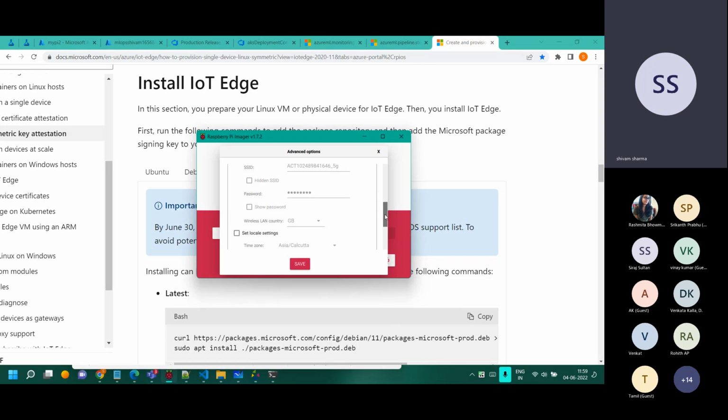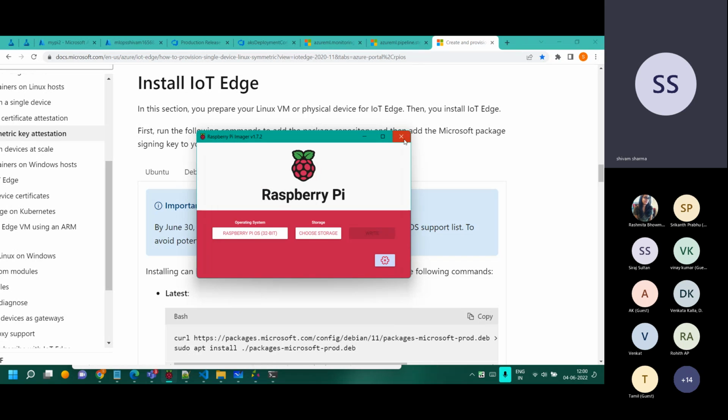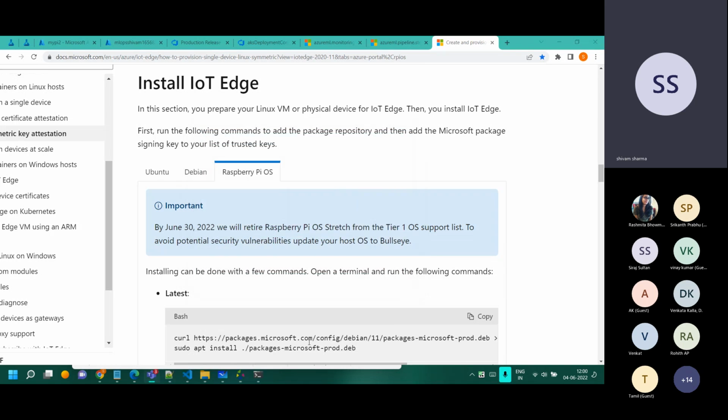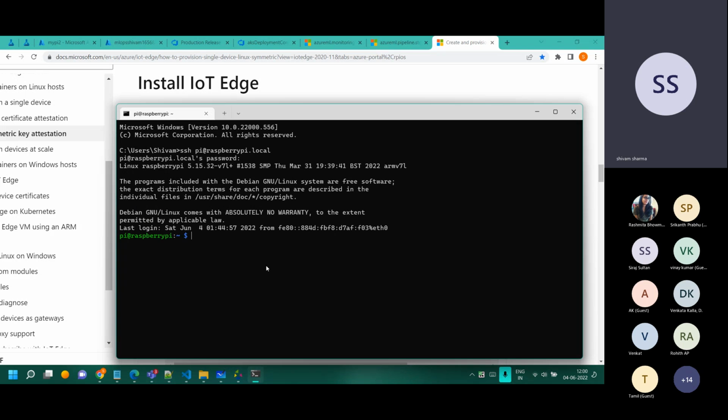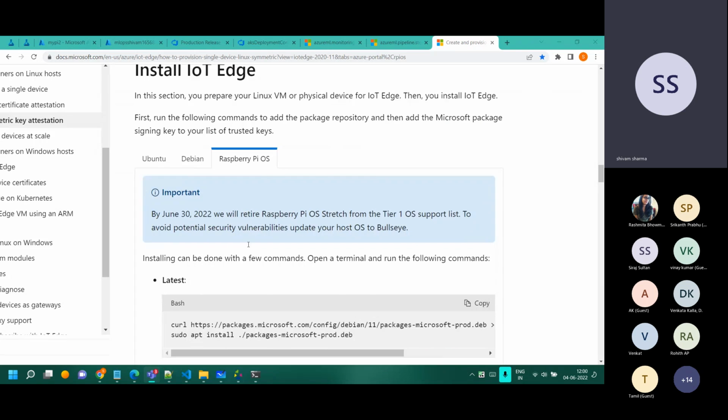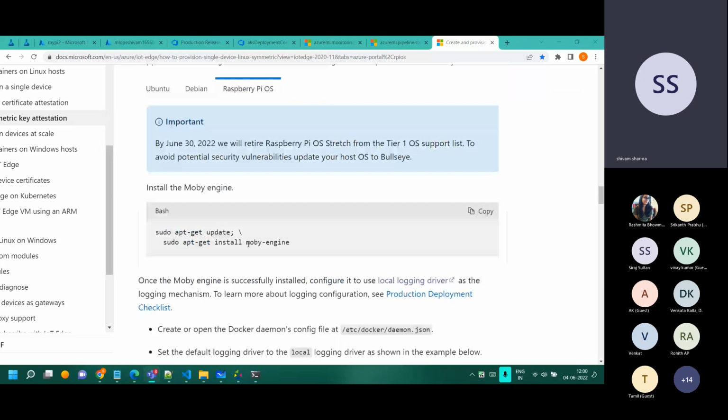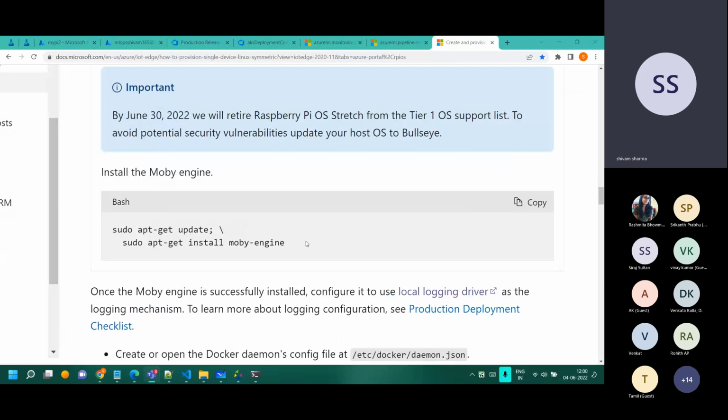So right now it's connected over the Ethernet cable. Okay, so you have to have the imager. You put the SD card back in the Raspberry Pi, plug it in, and so on and so forth. Finally, it will open up, right? Over there, you can take the SSH. Now, once you have taken the SSH of it, then what you have to do is follow this from here, from that point onwards, from this line.